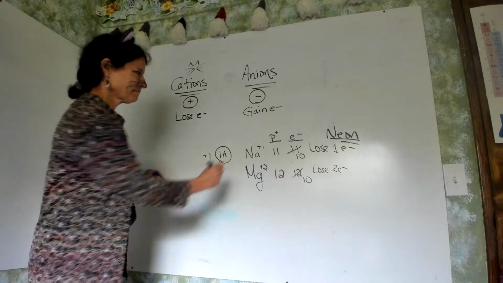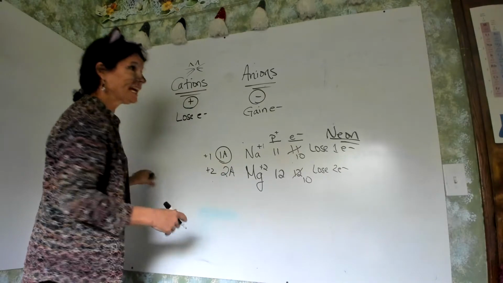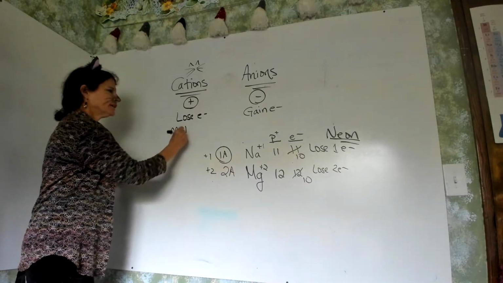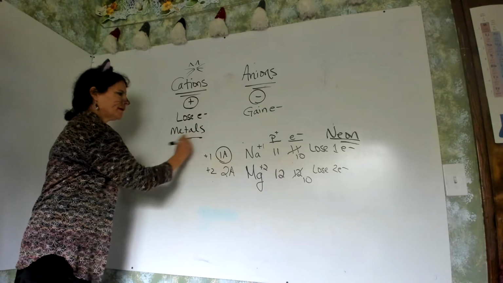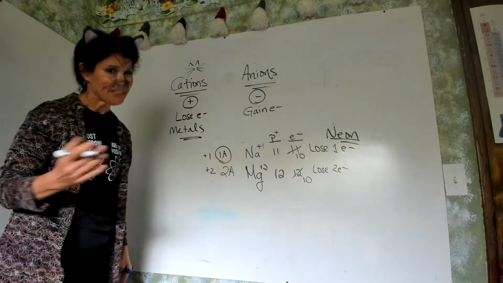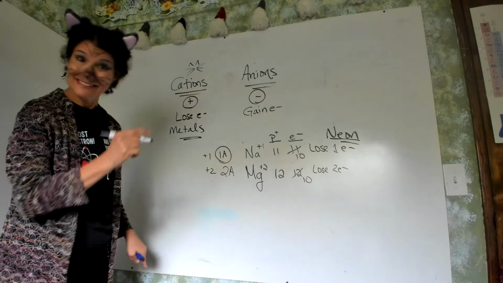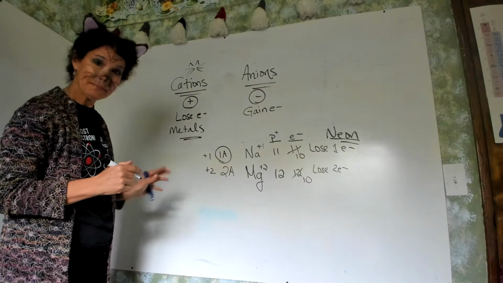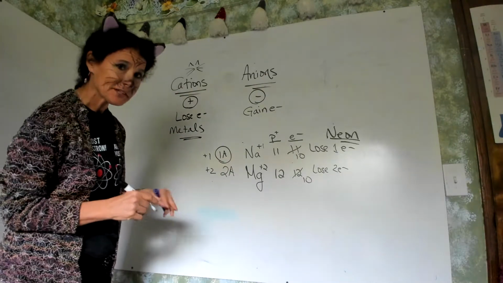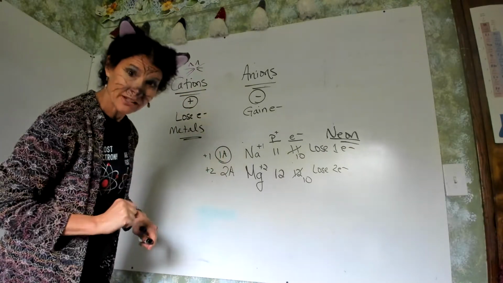So the 2A's are going to be +2. And we can keep doing this. And what we're going to find is that metals lose electrons. So this whole side of the periodic table, like 80% of the periodic table, form cations. Isn't that wonderful? You're going to be positive. The 1A's are going to be +1, the 2A's are going to be +2. That whole D block, let's ignore it for right now. We'll get to it.